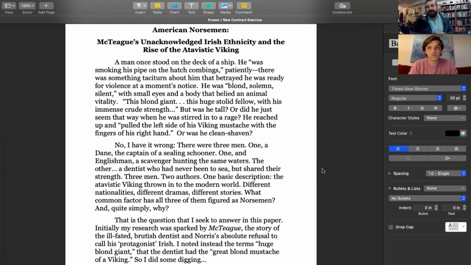this time in history. So my known, even though I'm not relying on something that the reader would have known was happening in these books, it's just such a simple scene that I'm then adding a question to and another question to, or another little bit of information, that by the end of this paper, I'll end up talking about different racial ethnicities and the use of a Viking stereotype and trope in American literature. And we build on that just from the small little one known thing and then add new.